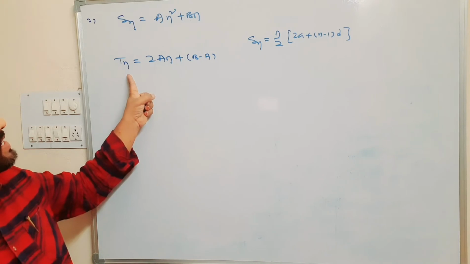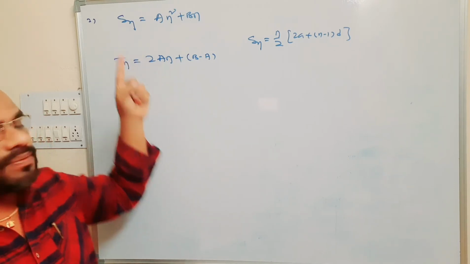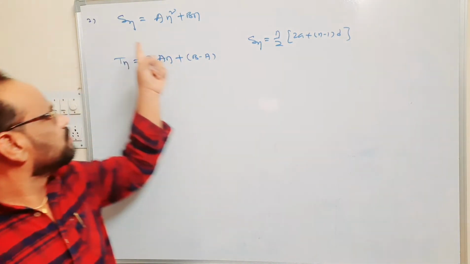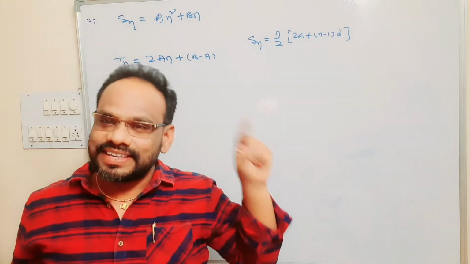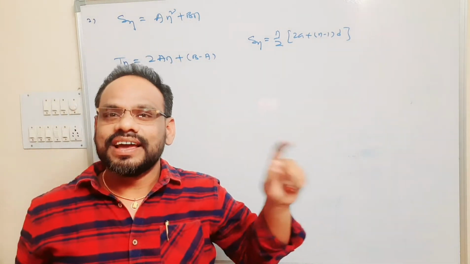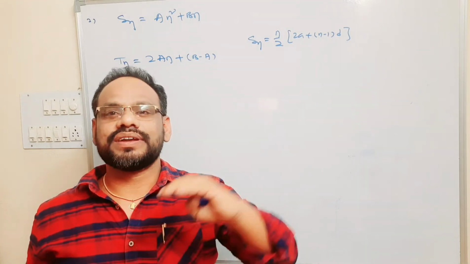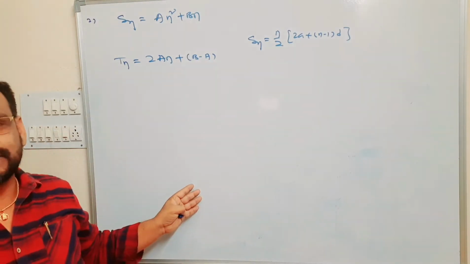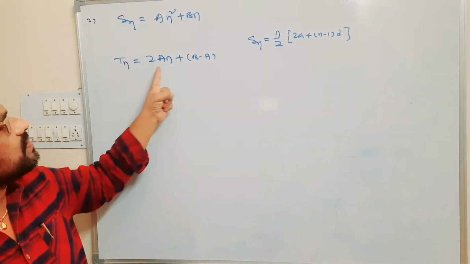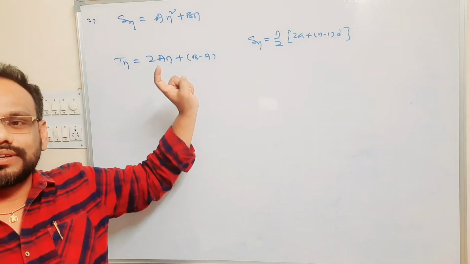So Tn is equal to 2an plus b minus a. We know the process. If you substitute n equal to 1, we get S1, which is nothing but the first term. If you substitute n equal to 2, we get S2. If you substitute n equal to 3, we get S3. a2 is equal to S2 minus S1. a3 is equal to S3 minus S2. This is the general process. That is a time-taking process without pen and paper. So Tn is equal to 2an plus b minus a. This is the nth term of the given sequence.